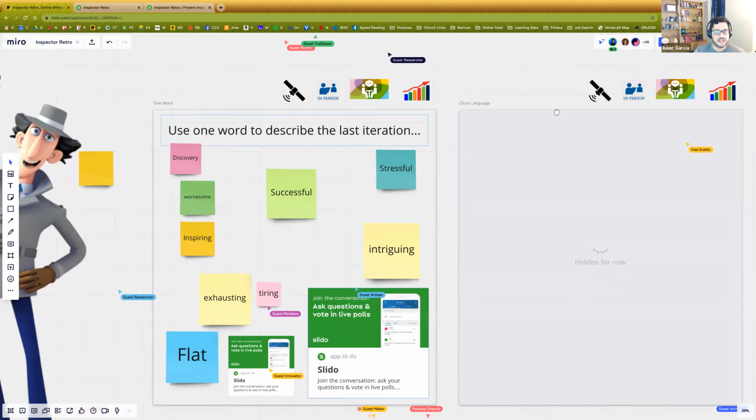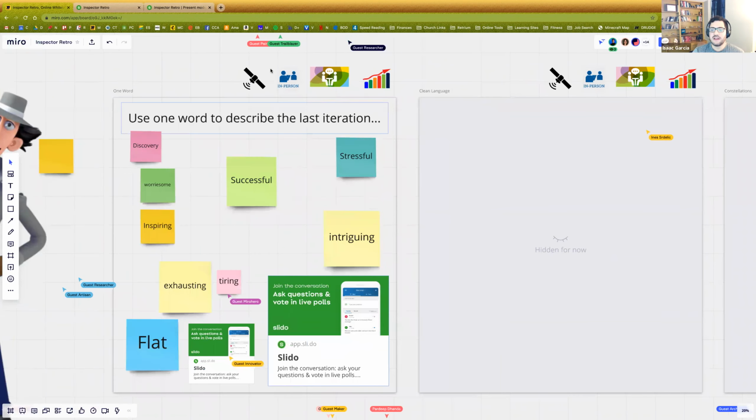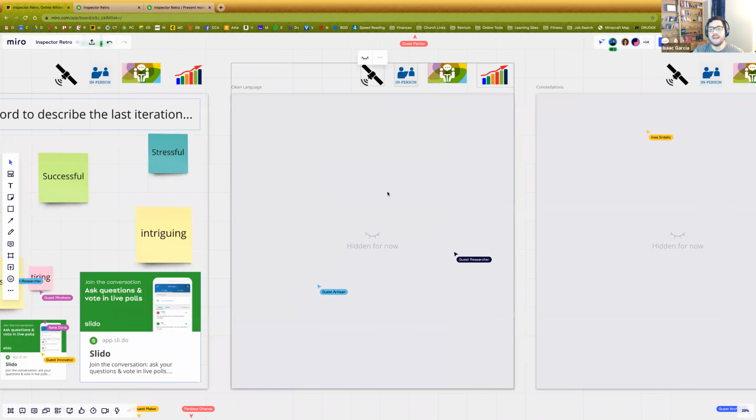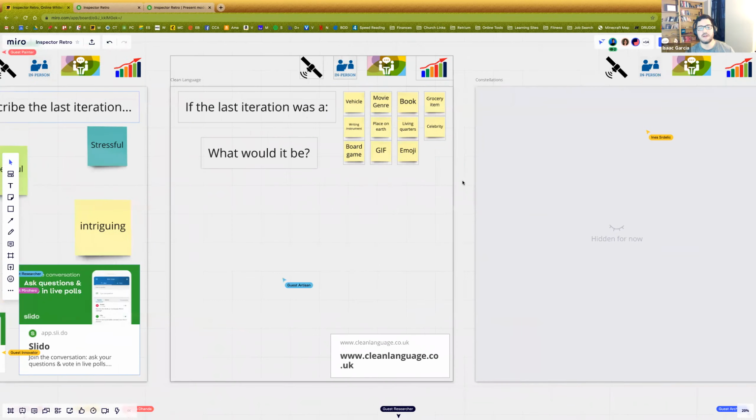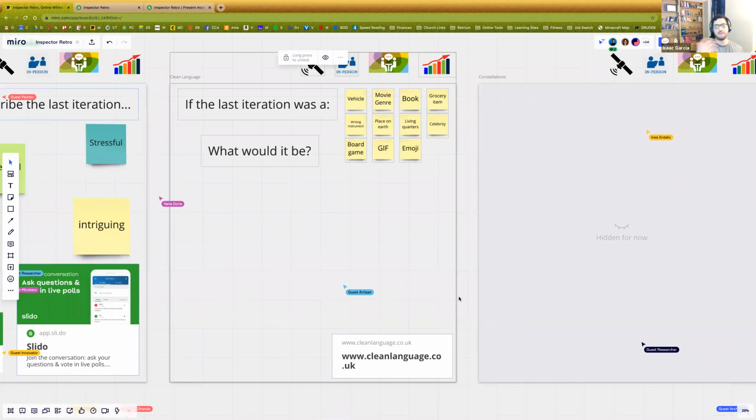Okay, so I'm going to move on. Let me double check that I should go to clean language next. Yes, clean language. Let's talk about clean language. Clean language, by the way, is amazing. If you want to learn a really cool way of talking to people, go study clean language. I've got a link down here in the bottom corner, which is also not working. Fantastic. It dropped all my links. That's okay. Google clean language.